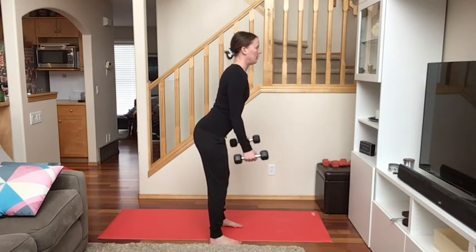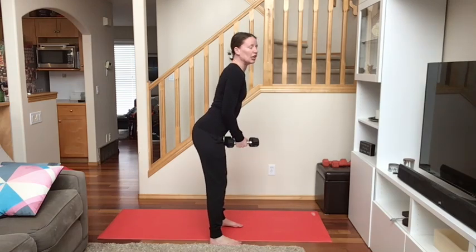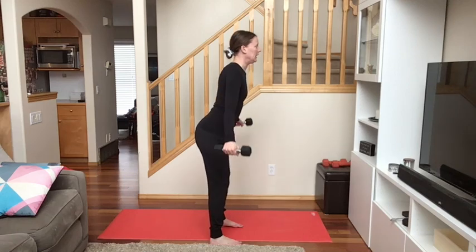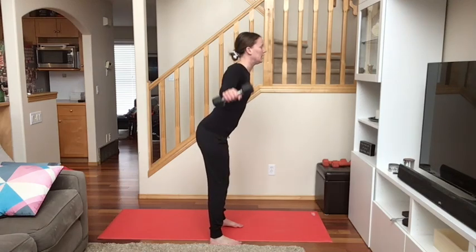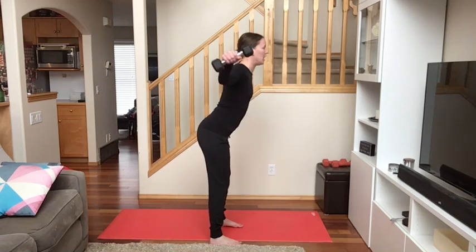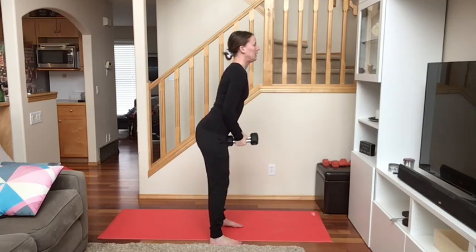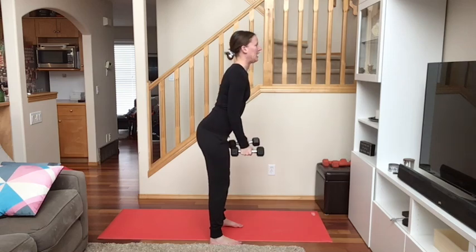1, 2. Remember to take that weight nice and light. Our arms are straight. Anytime your arms are straighter, the lift is going to feel tougher, all right? And 7, 8, 9, and 10. Halfway through, 11, and 12,